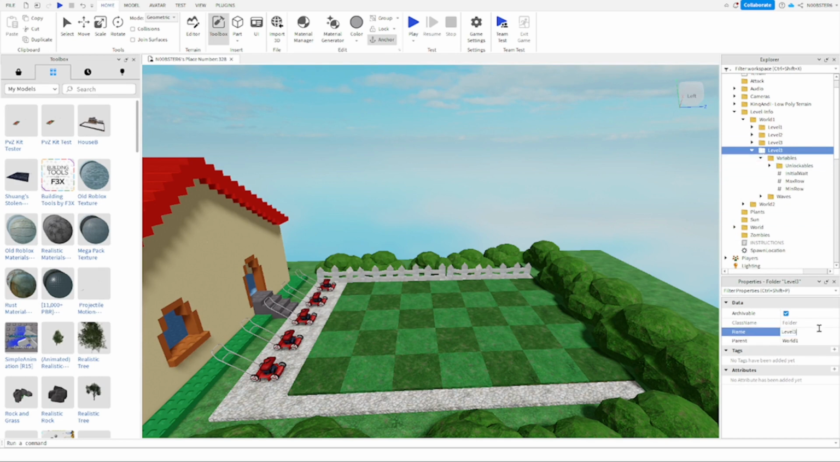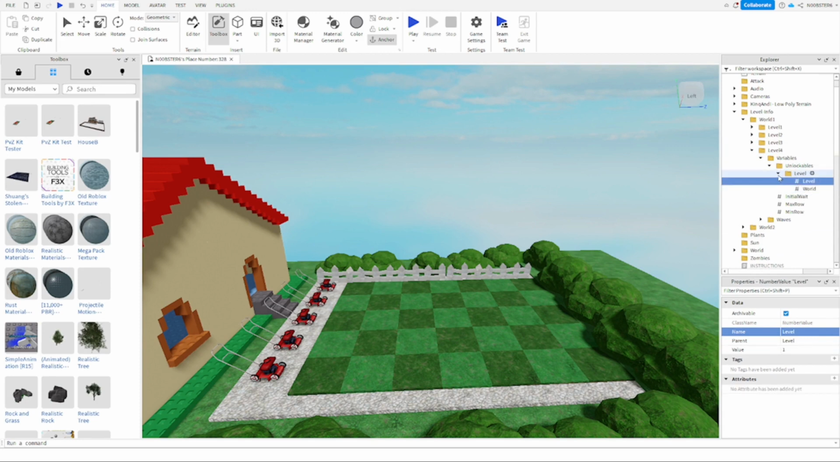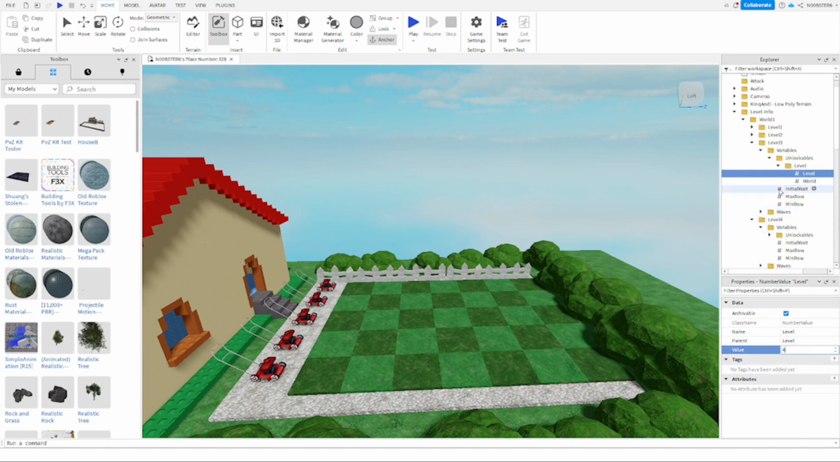Duplicate this. Rename it to level 4. I'm going to keep this all the same except for unlockables. No, yeah, I'll keep that the same too. So I'll go ahead and show you. Yeah, go here, unlock bonus level. This will unlock world 1 level 4. So this level will be unlocked after level 3, and then